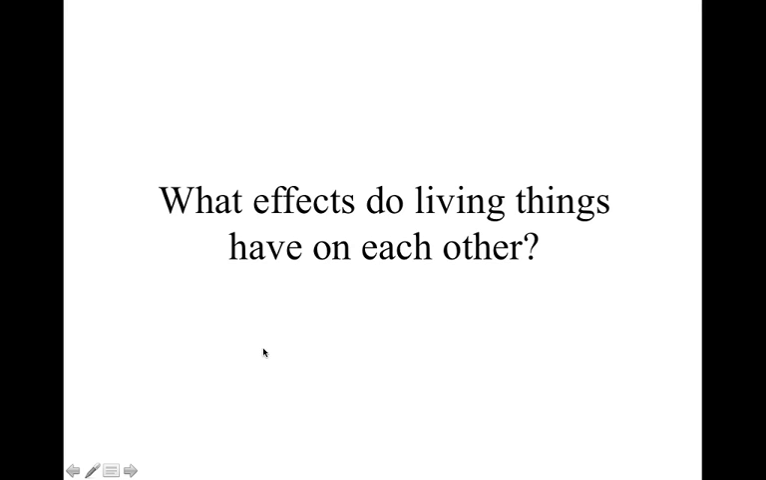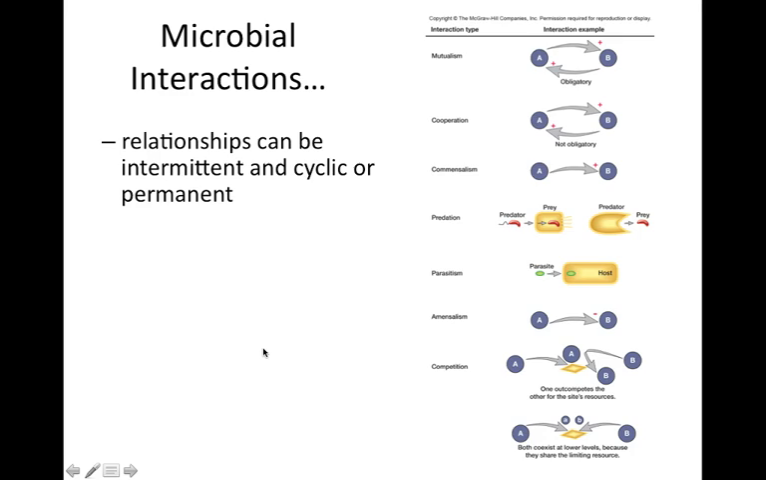What effects do living things have on each other? We talked about how there are these microbial interactions and how they have relationships that can be intermittent or cyclical or permanent. And so they may be given the name or term mutualism if there are two organisms that are mutually benefiting